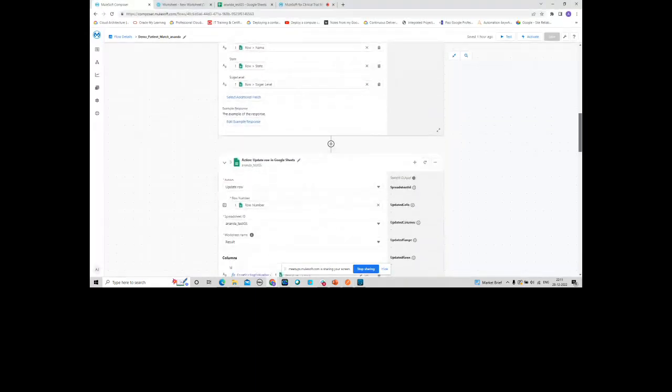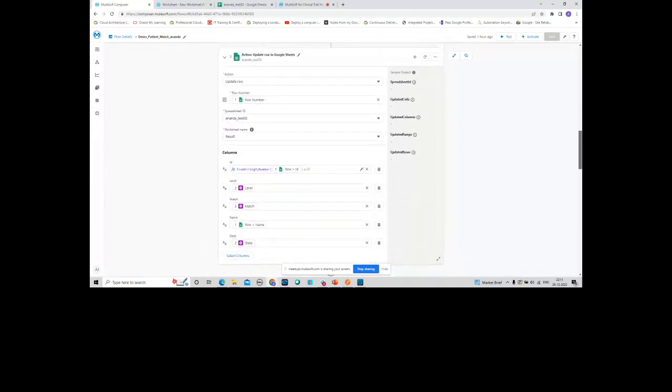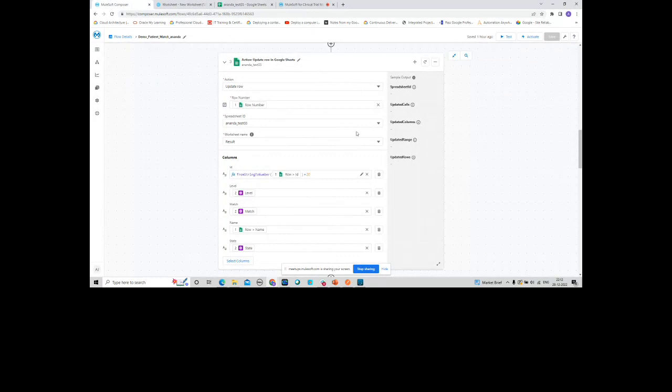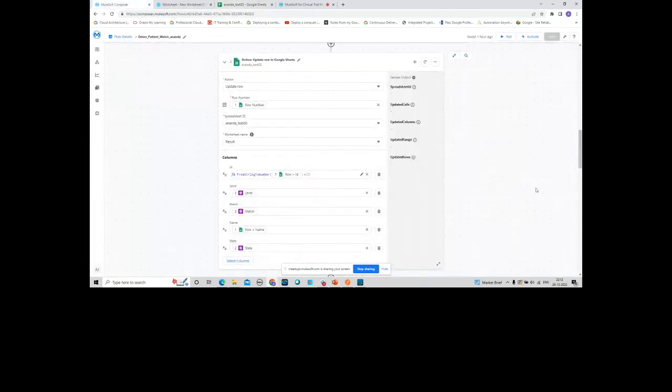Once I get back the response, I write it to a log, this worksheet result, where I'm going to write it. To show how I can use some kind of data transformation, I put something in deliberately, with no real meaning. Whatever ID I put here in test, I am adding 20, just 1 plus 20. So when it stores the data in the result, it will become 21. That is just to show that Composer also has the capability to do data transformation.